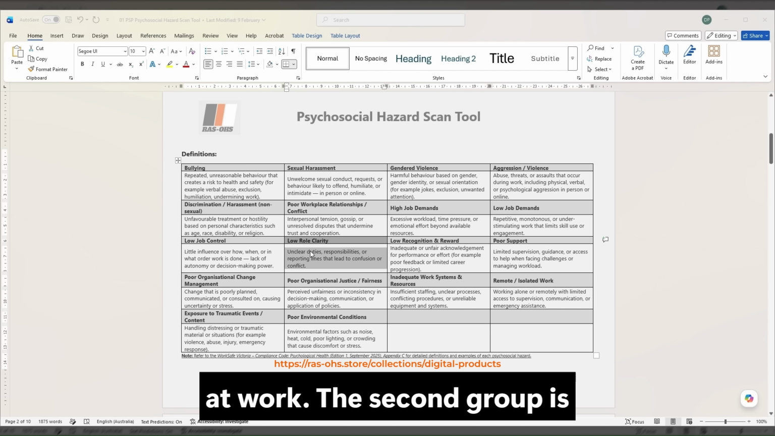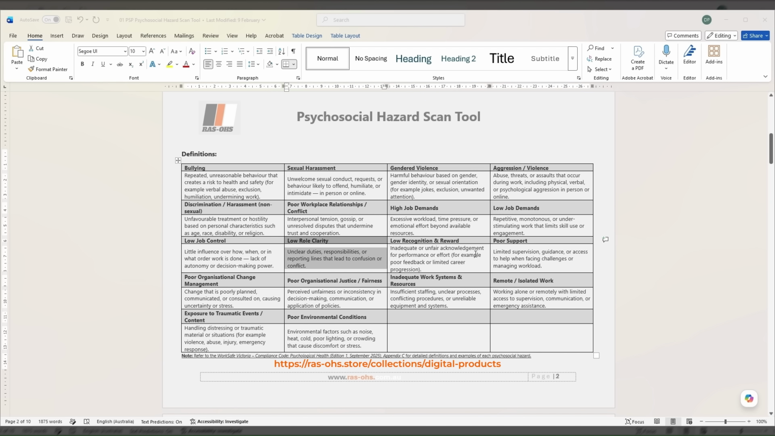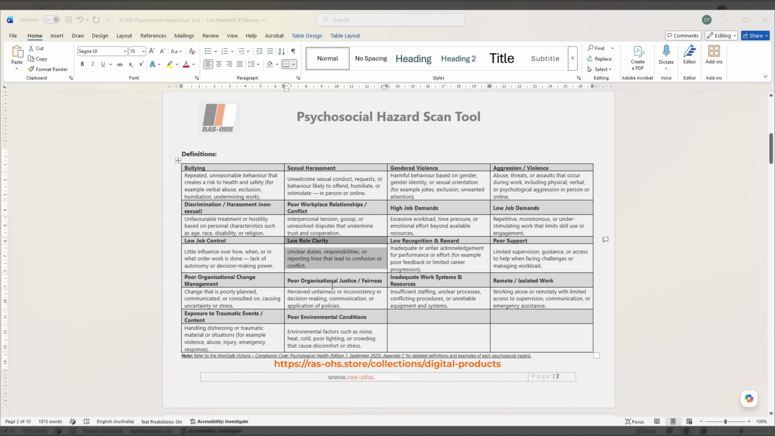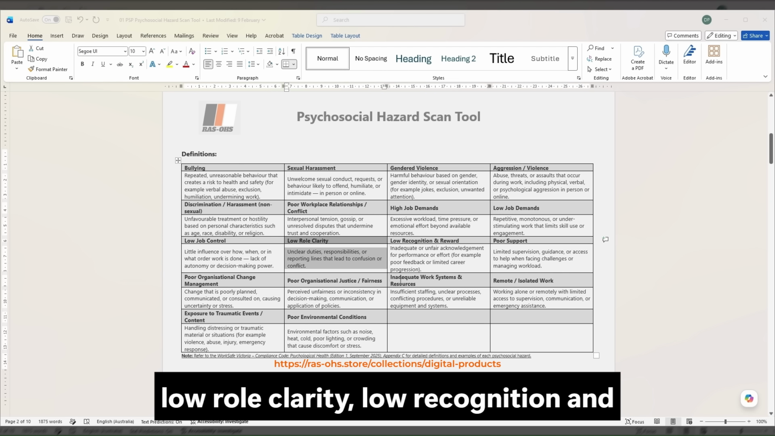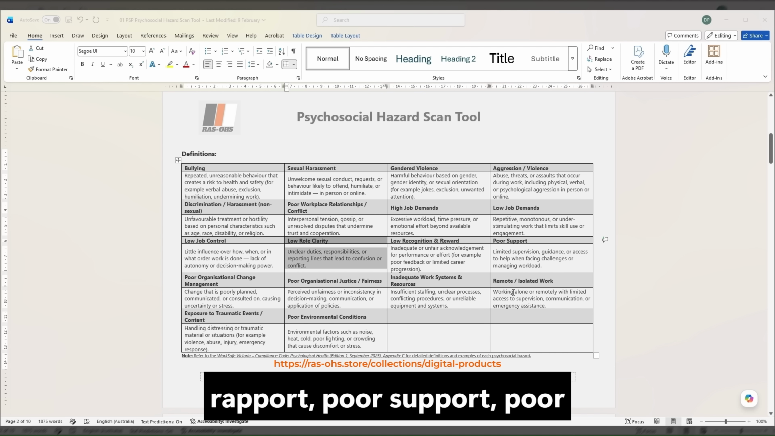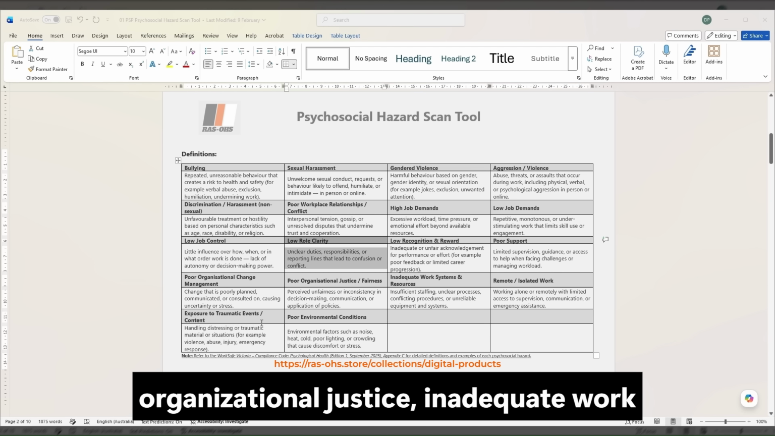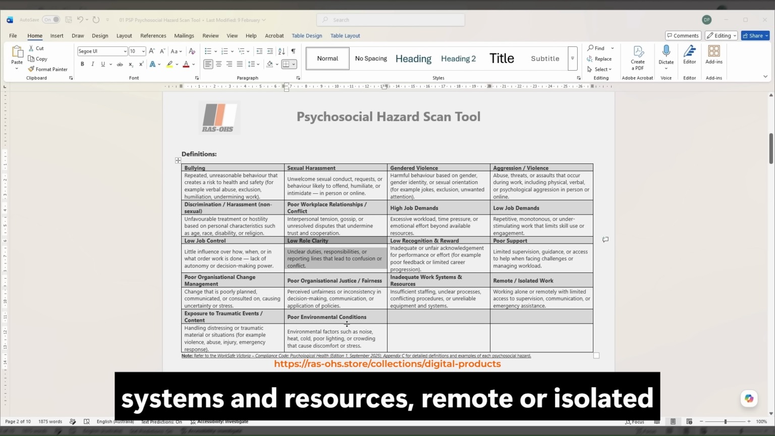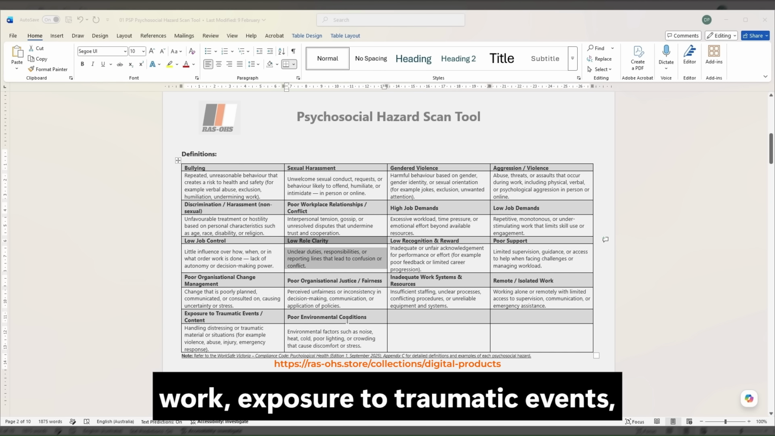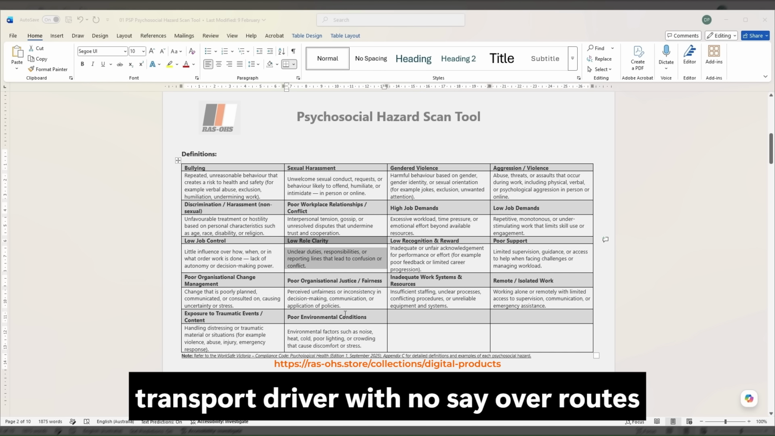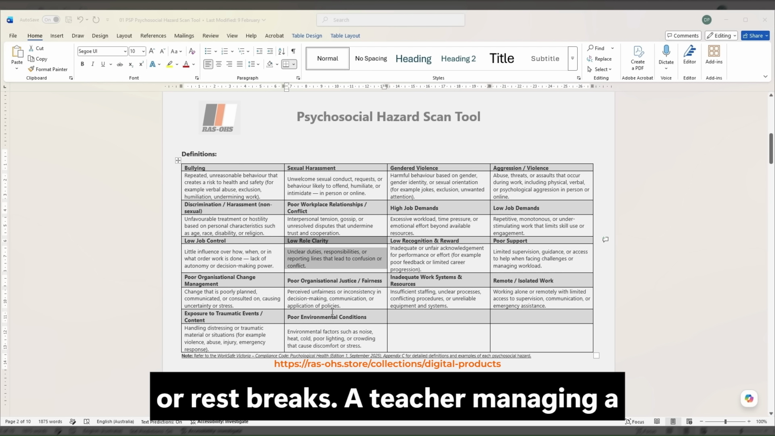The second group is work-related factors. The systemic ones: high job demands, low job control, low role clarity, low recognition and reward, poor support, poor organizational change management, poor organizational justice, inadequate work systems and resources, remote or isolated work, exposure to traumatic events, poor environmental conditions. Think of a transport driver with no say over routes or rest breaks, a teacher managing a full class